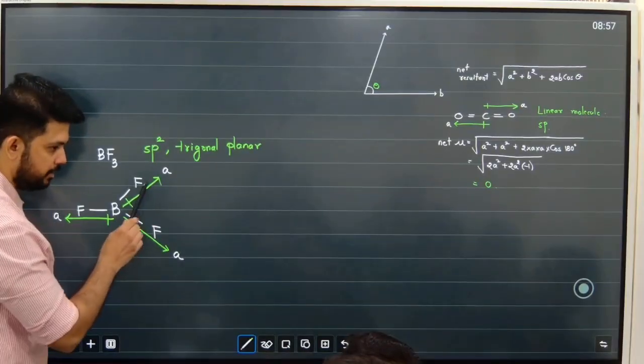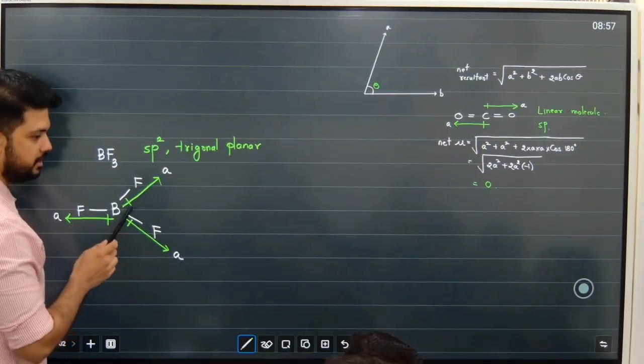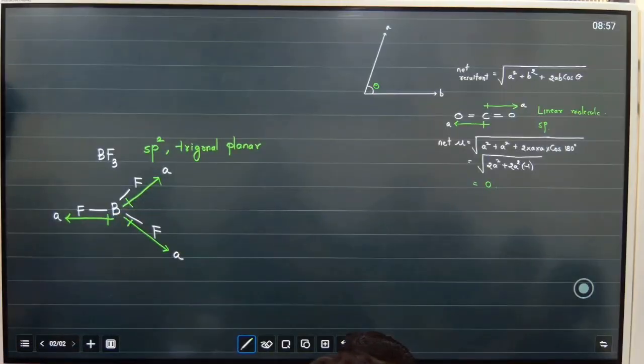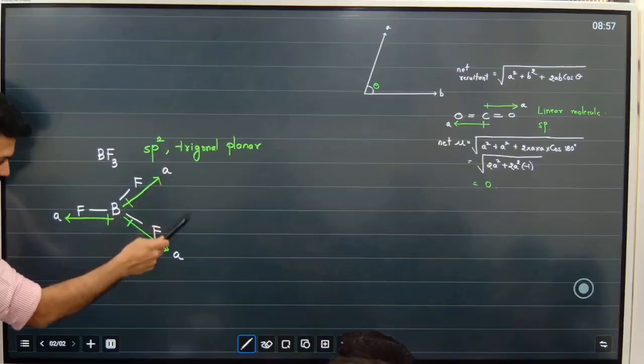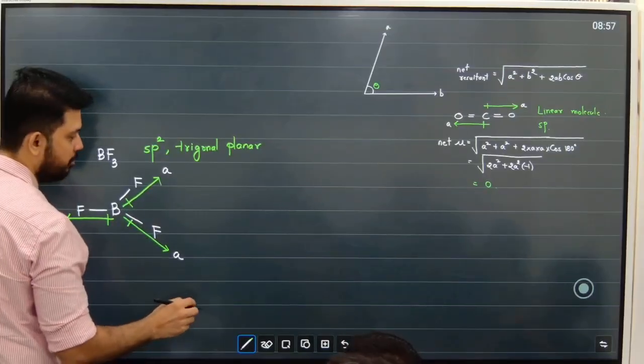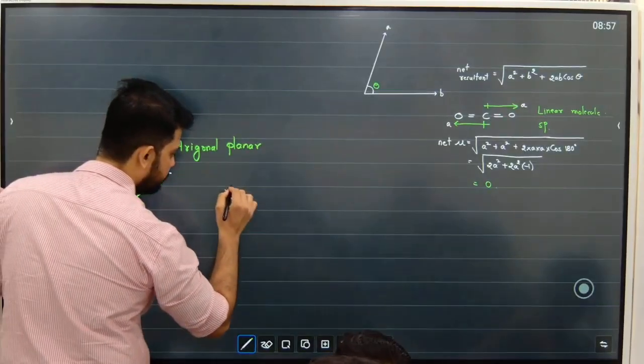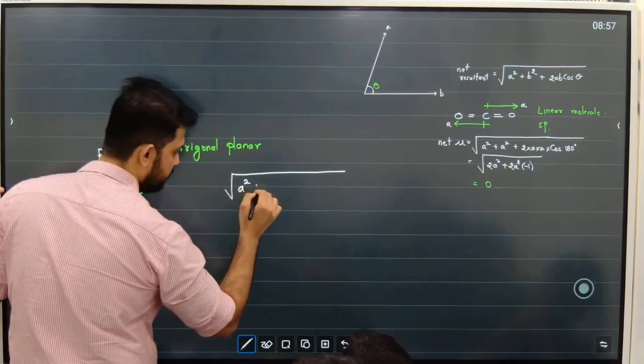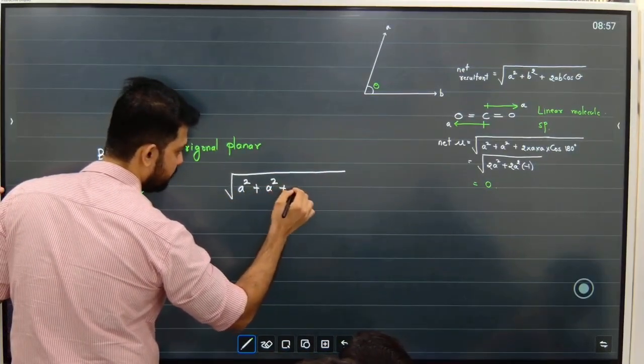Excellent. It is 120. So for this A and this A, we need to find the resultant dipole. I repeat, the resultant dipole of this A and this A. Sorry, let's first find its value. So that will be A square plus A square plus 2